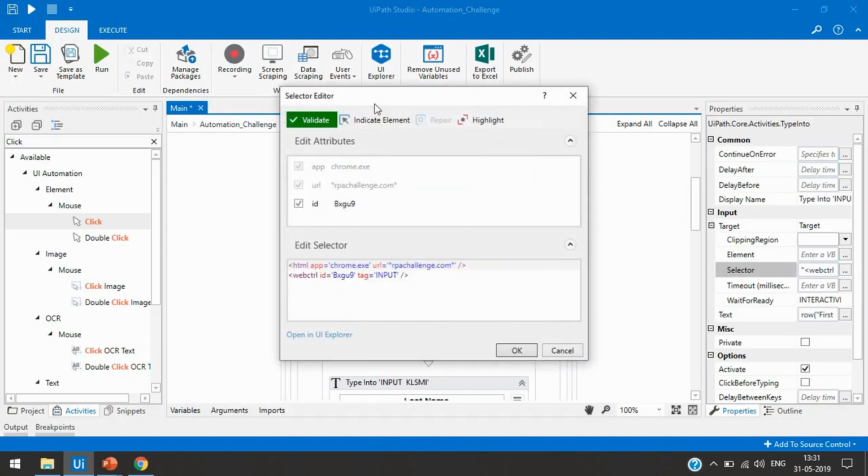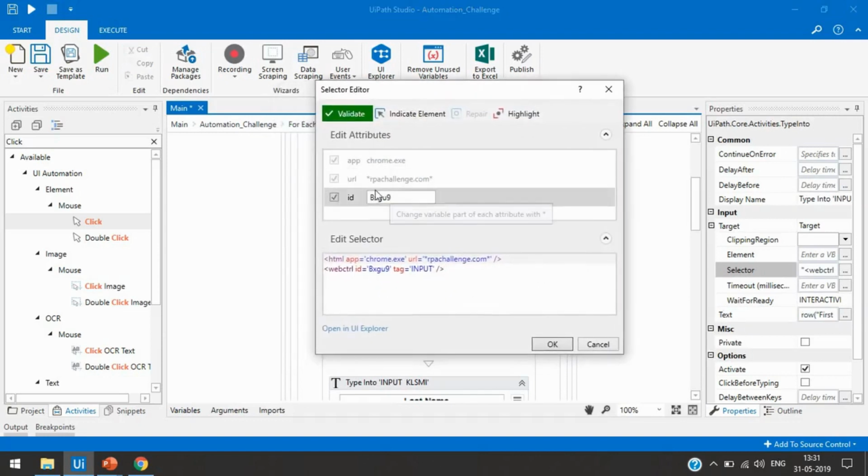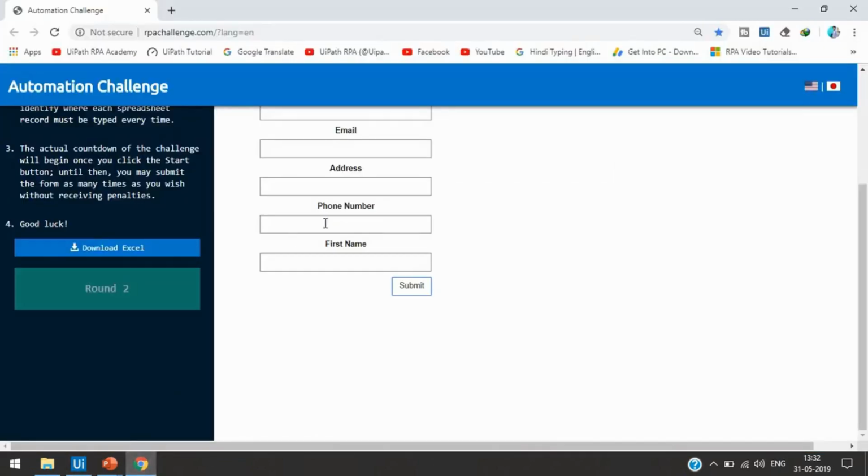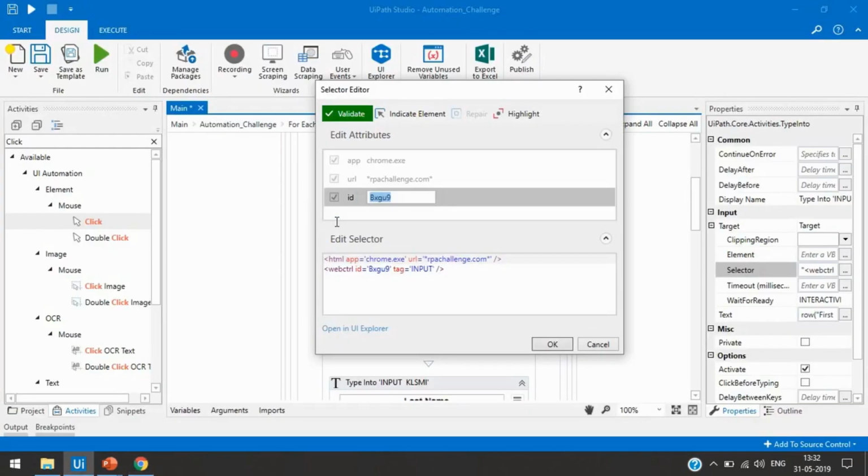Now you can see in the selector editor we are not getting more attributes to select and deselect. We are just getting app chrome.exe, URL RPA challenge, and the ID is this, but every time the ID is going to change. So we also cannot use a star here, because if we put a star, then it can write the data anywhere, in the email address, phone number, anywhere. So that's why this is not correct.